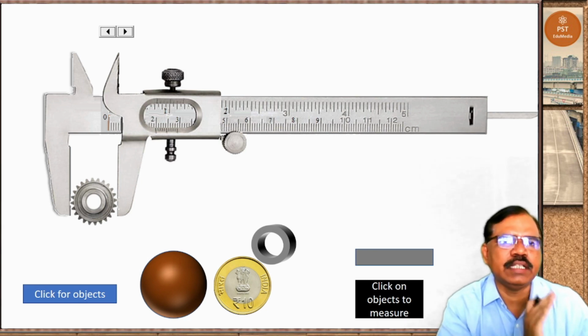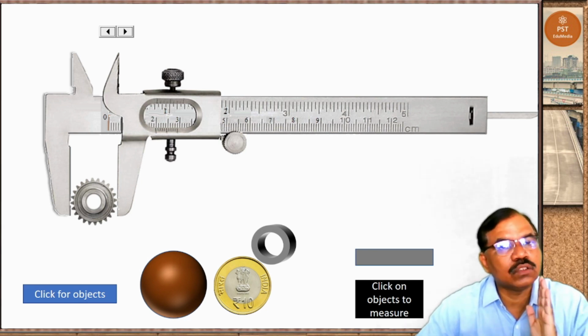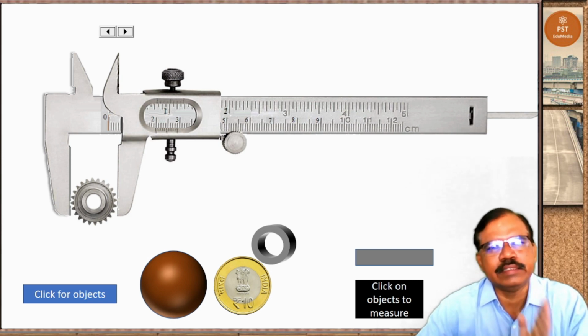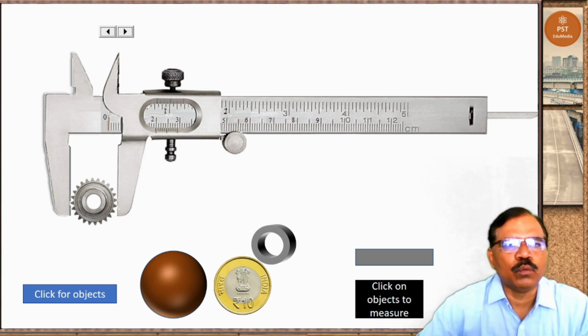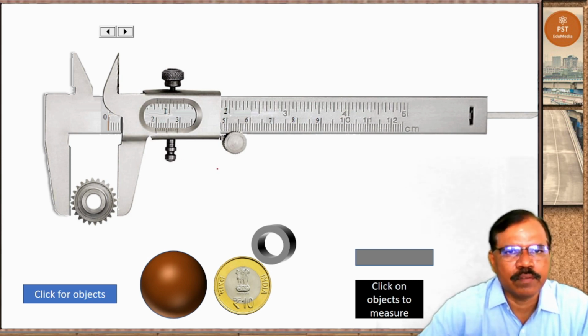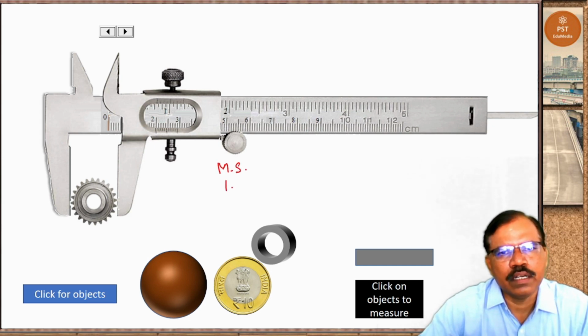It is just behind 2, but it has not crossed 2, or it is not exactly on 2. So you have to take here main scale as 1.9 plus vernier scale.